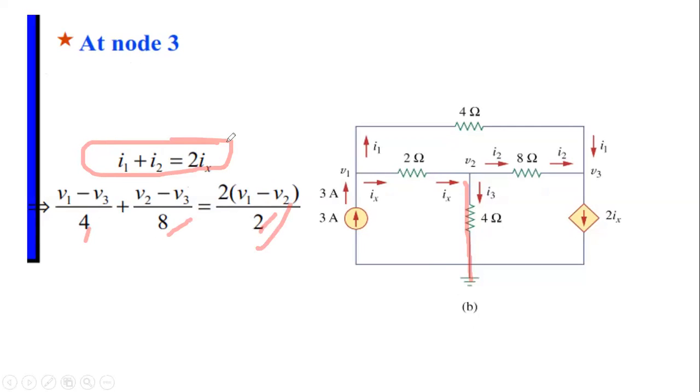So just put all these things here, you solve the equation, okay, you will be getting the equation in terms of V1, V2 and V3. What you can do is multiply everything by 8, okay. If you multiply everything by 8, the denominators will be cancelled, and you can have just a simple equation. So it's up to you how you are simplifying it for getting the correct equation. So these things can be solved easily. It is just mathematics, okay, you should be doing it.